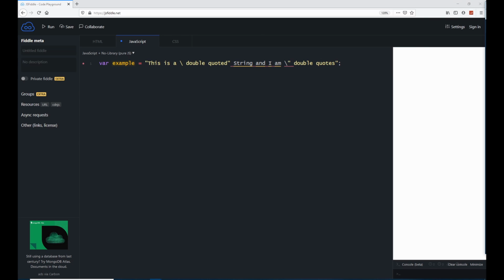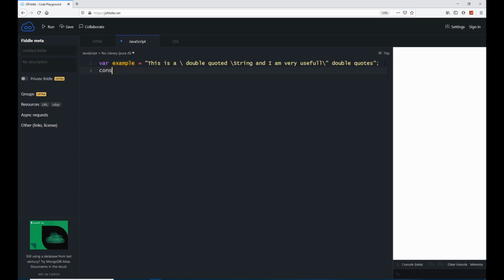So if I put a backslash before each of these quotation marks, JavaScript no longer interprets it as being the last character in the string. So now you can see this is a full string, and then if I log this out, and I forgot here to say, and I am very useful.